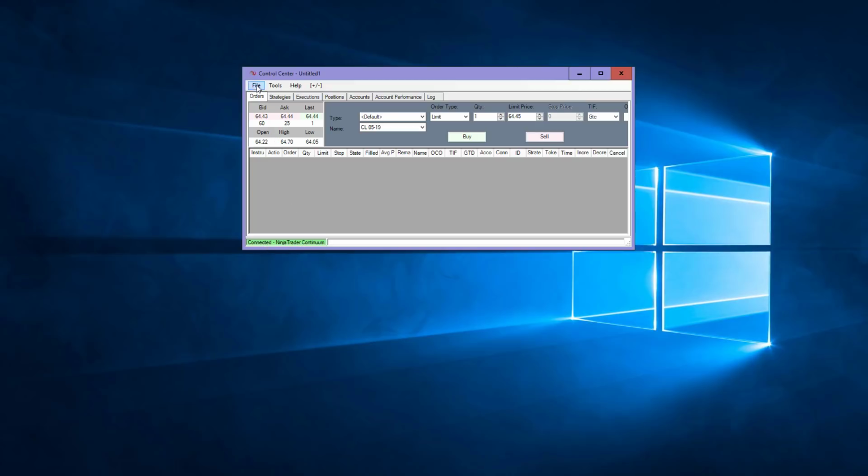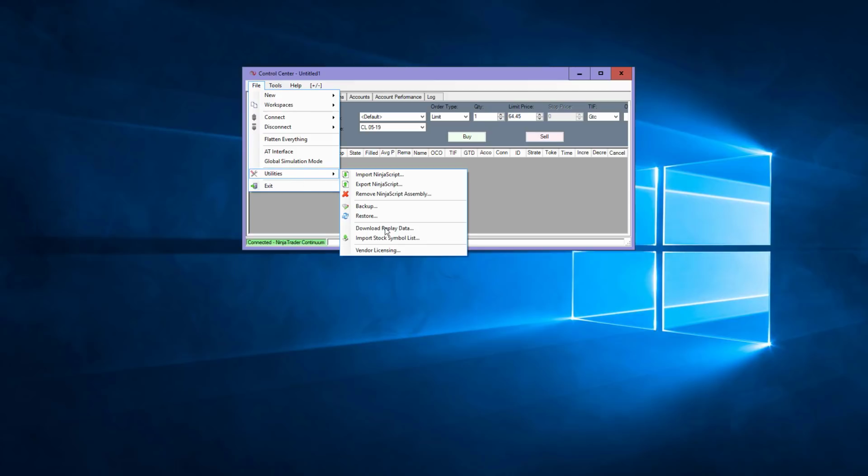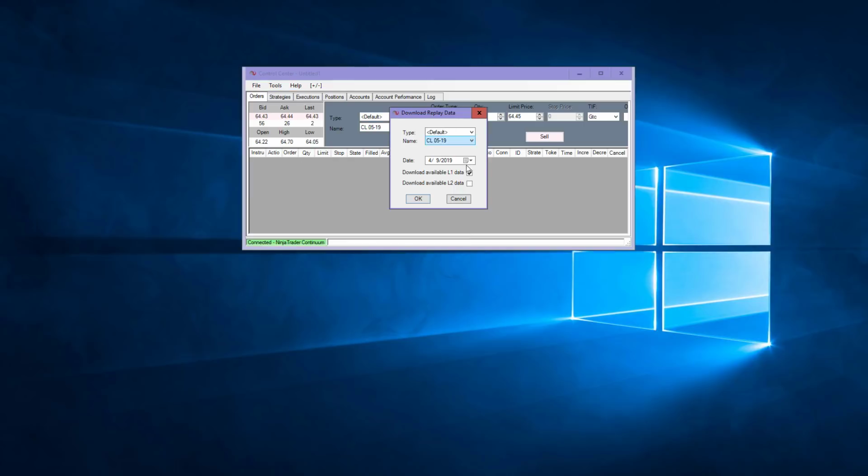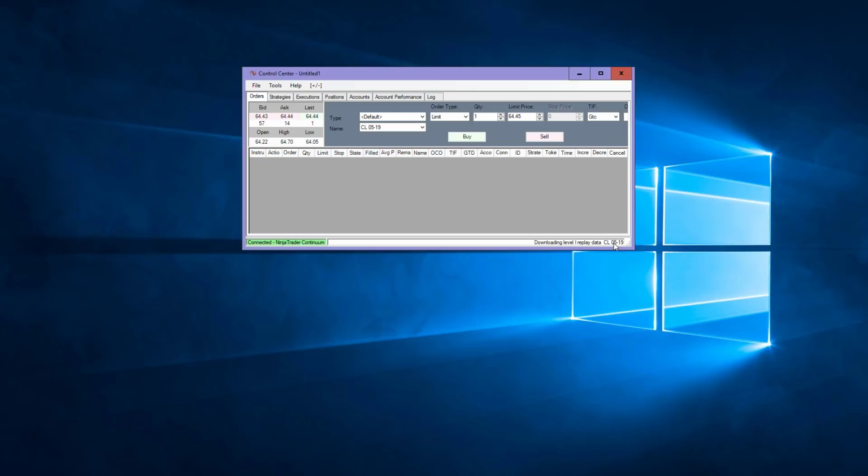To download replay data, all you have to do is go to File, Utilities, Download Replay Data, and then select the instrument and the day that you wish to download. So in this case, I'll do Monday, April 1st. And I'll say OK, and then you're going to see down here on the bottom right, it's going to be